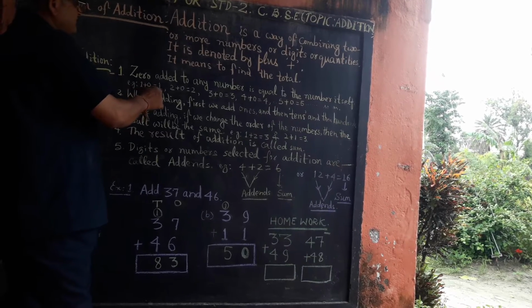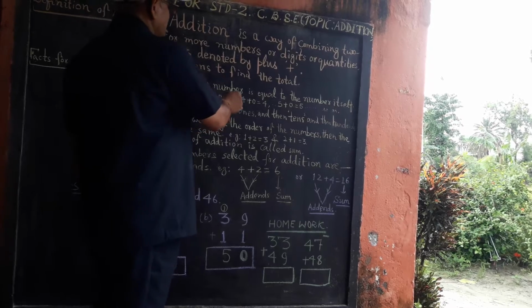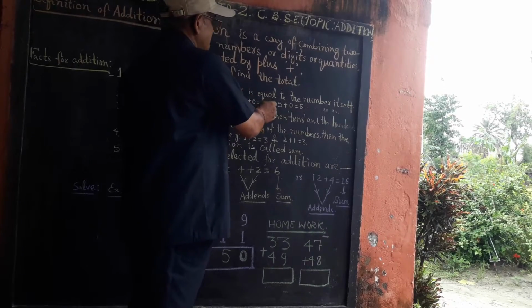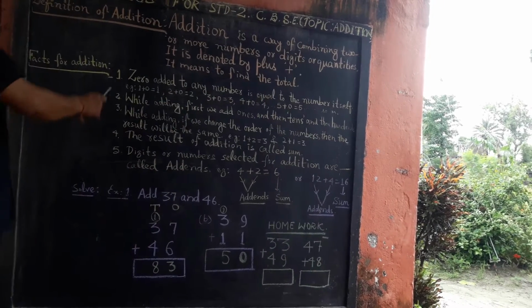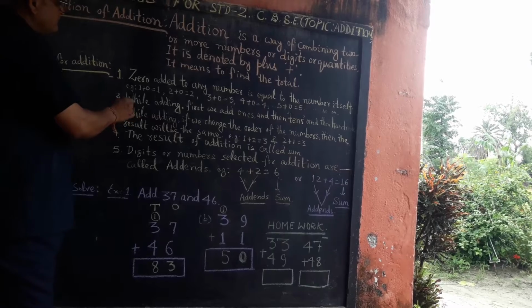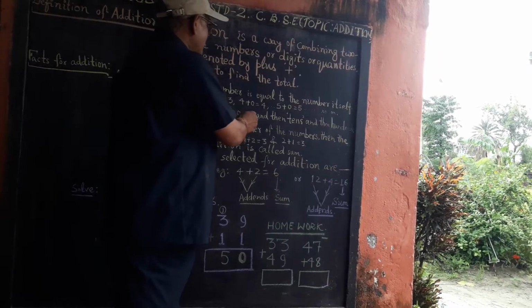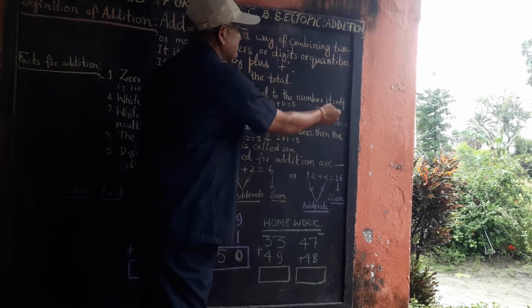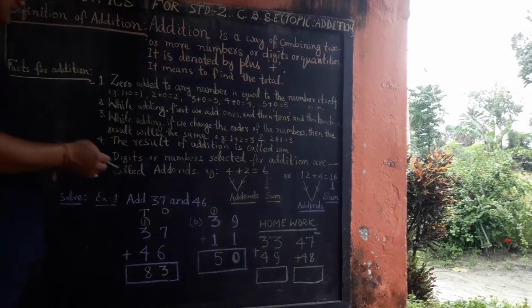1 + 0 = 1, 2 + 0 = 2, 3 + 0 = 3, 4 + 0 = 4, 5 + 0 = 5, and so on. Fact second. While adding, first we add ones and then tens and hundreds and then higher units. As for example, you can see,